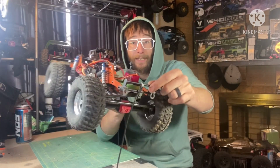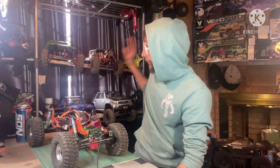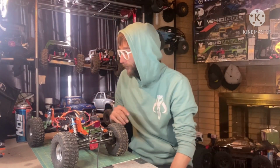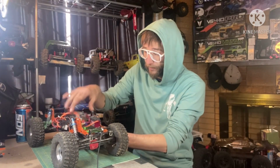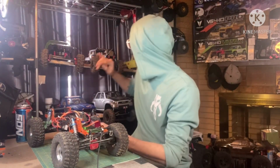This is an IERC dual bar bumper. Simple, and I think they're about $20 or $25 from IERC. Great products. I have their bumpers on just about everything. And then we rocked the 3-gear for a while, and then when I upgraded my truck to the